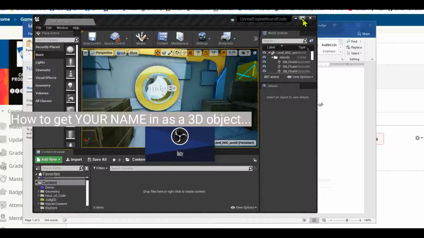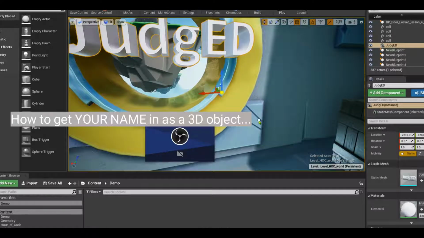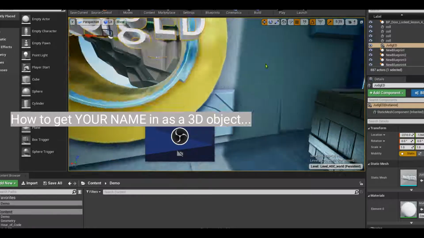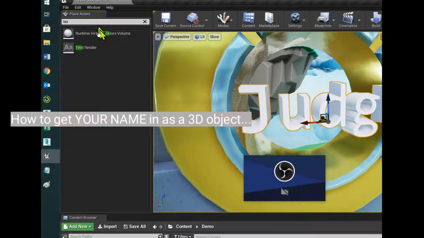And we're talking about how we got this object right there. It's a little bit different than the other way that you've worked with text before. So this object here, it's not the 3D rendered text we worked with initially. When you start one, you can get the text render actor over here. And this is different, but I just want to show you there is a difference between this object that we